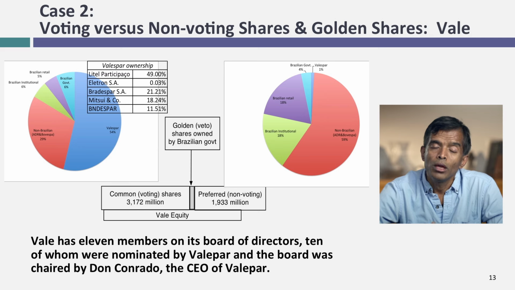run the company. One added feature in Vale that might make it an issue in corporate governance: they have a golden share. What's a golden share? A golden share is a share with veto power, and the Brazilian government owns it. What it effectively gives the Brazilian government the power to do is make a judgment on big decisions and say no. Again, as a stockholder in Vale, I have to walk in with open eyes and recognize that sometimes there will be things that I want Vale to do that they will not be able to do because of that